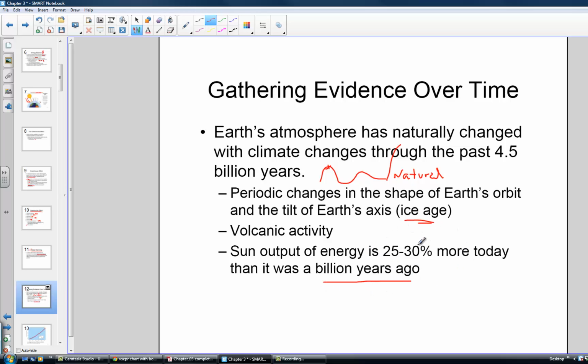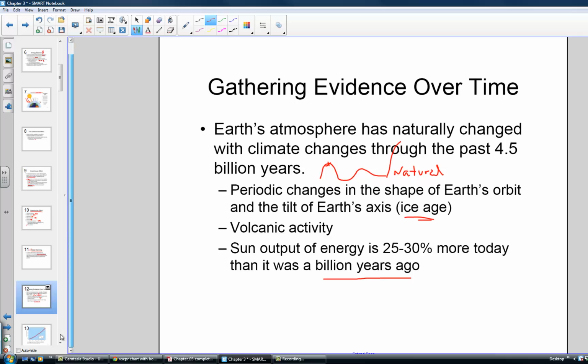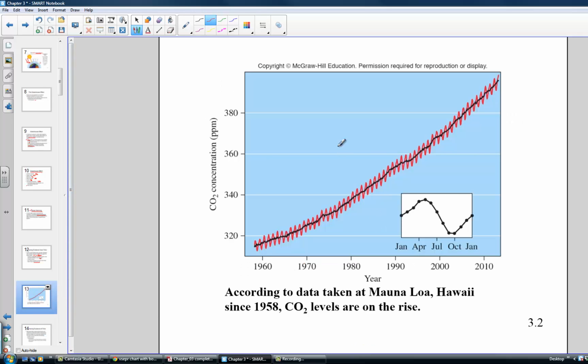Why are we receiving about a quarter to one-third more energy from the sun reaching the Earth than, let's say, a billion years ago? And how do we know a billion years ago how much was there? Well, this is an interesting chart. We'll get an idea. The last set of data here is from year 2010, and this beginning chart was in the year 1960. And this is up on a mountain. It's actually a volcano, Mauna Loa in Hawaii.